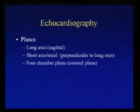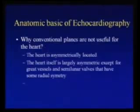These planes are related to the heart, not to the body, because in the body our heart's long axis is obliquely placed, so it is definitely not in line with the body's long axis. The body long axis is this way, while the heart is placed obliquely. So these planes are related to the heart. And why are these conventional planes not useful for the heart? If we take the body sagittal plane, body coronal plane, body short axis plane, these are not useful to the heart,